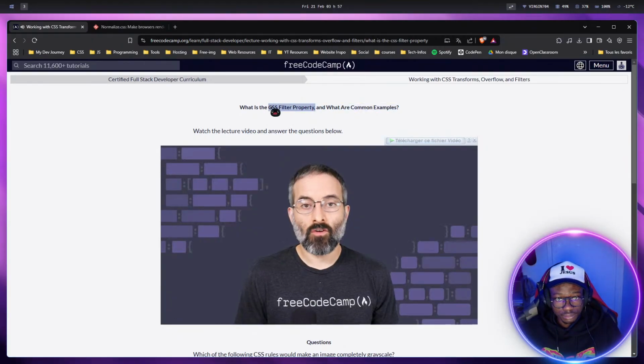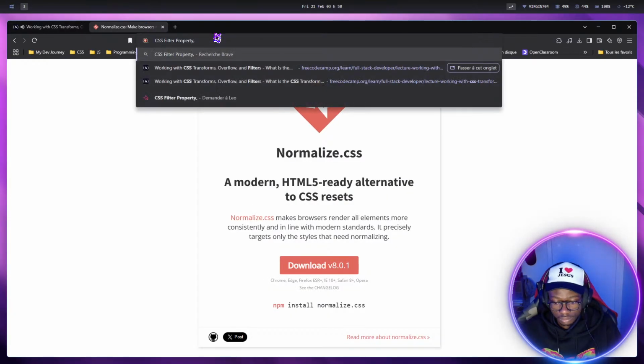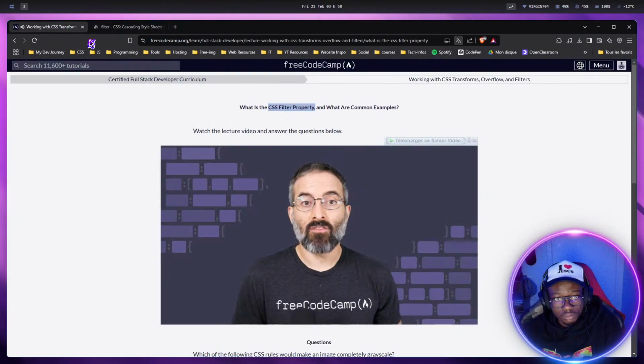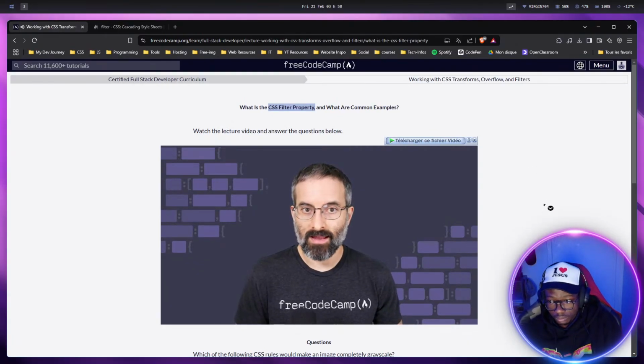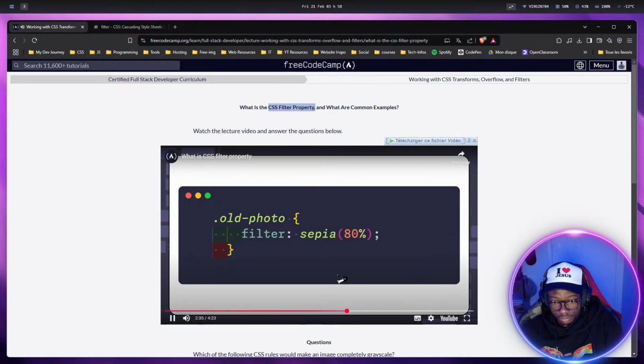This rule will convert elements with the class grayImage to complete grayscale. And here's what it would look like. Grayscale can be used to create a vintage look or de-emphasize certain elements on a page. The sepia function applies a sepia tone to the element. Like grayscale, it uses a percentage